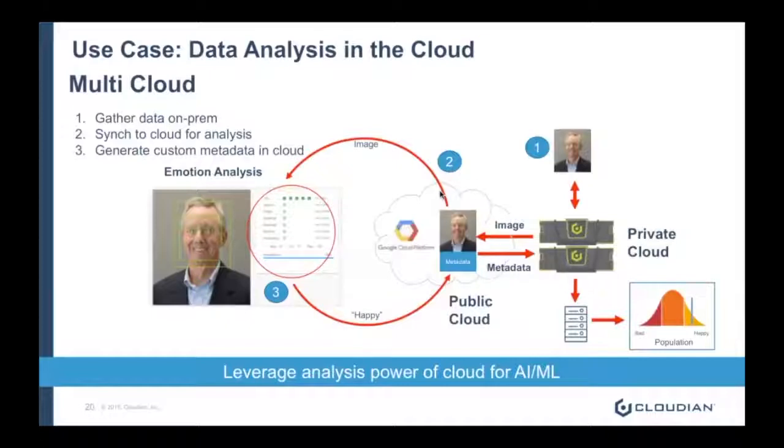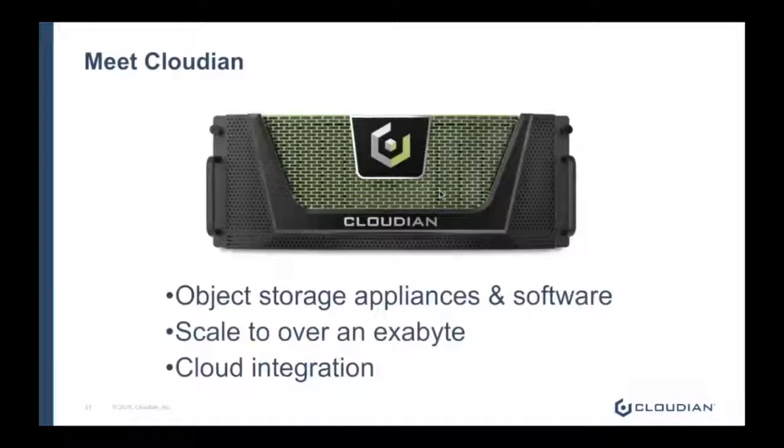So that's a quick little tour of how these two things work together, the public cloud and the private cloud. And in fact, when I say private cloud, it's as simple as the box on this picture. It's an appliance that goes in your data center, just like a NetApp device or an EMC device. It sits in your data center. It scales just as easily as adding one appliance onto another. And these things all work together as one to form this private cloud environment, which can then be scaled to an exabyte of capacity and can be seamlessly integrated with any of the public clouds out there,